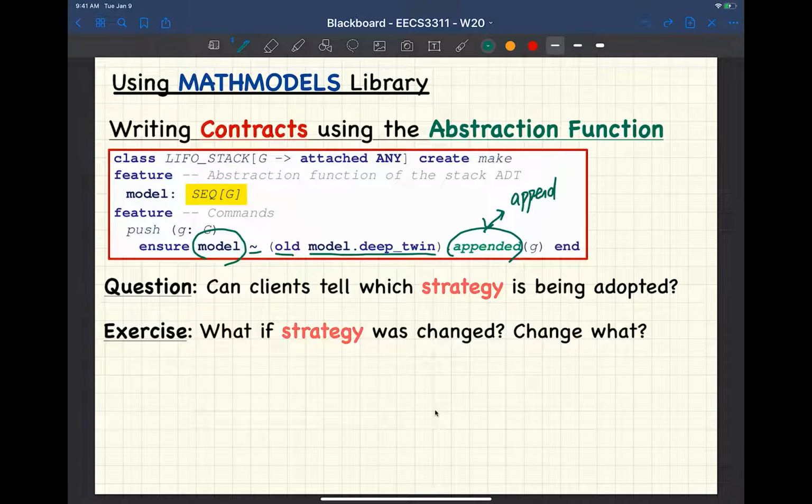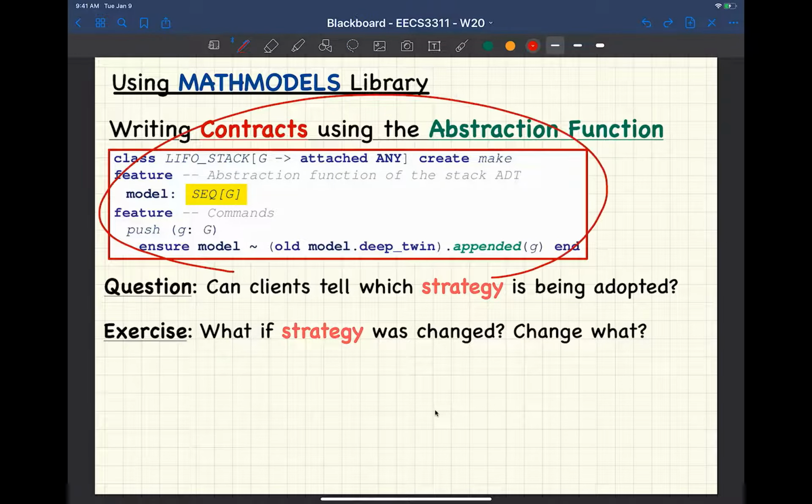Now, before I try to trace this for you, I want to ask you two questions. Question number one. If I only give you this particular view, just this view over here, can you actually tell me which strategy did I adopt for the stack? Is it possible for you to tell? No. Remember the principle we said? We don't mention imp anymore in all the contracts, in other features. We only mention imp in the model contract itself. It's a very important point for you to note. The answer is no, because no mention of imp